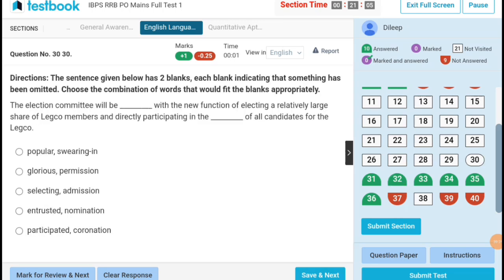The election committee will be dashed with a new function. Interested participating in the nomination of. The election committee will be interested with a new function. Participating in